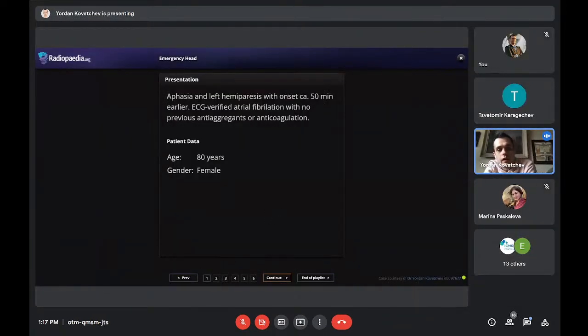This is, again, actually, both of us were at work, and I was just coming in for night shift, and I received the CT of a patient. So this is later on, sorry. The first CT is before that. This is a patient that's 80 years old and has atrial fibrillation. It's important. And the complaints are on the left side. First of all, she can't speak well, aphasia, and left hemiparesis. So think about this. We expect something on the right, but as always, look at everything.